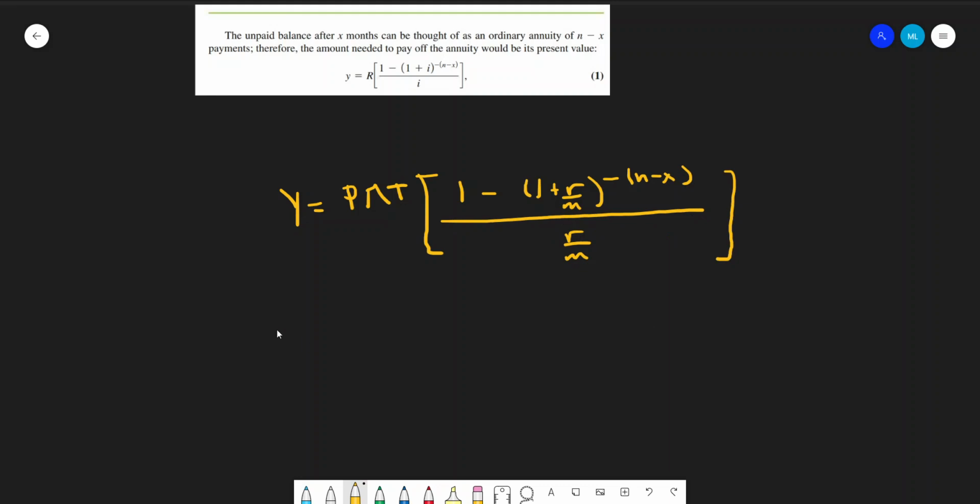So in order to come up with an equation that would determine the unpaid balance, you would essentially use that the payment size is going to be